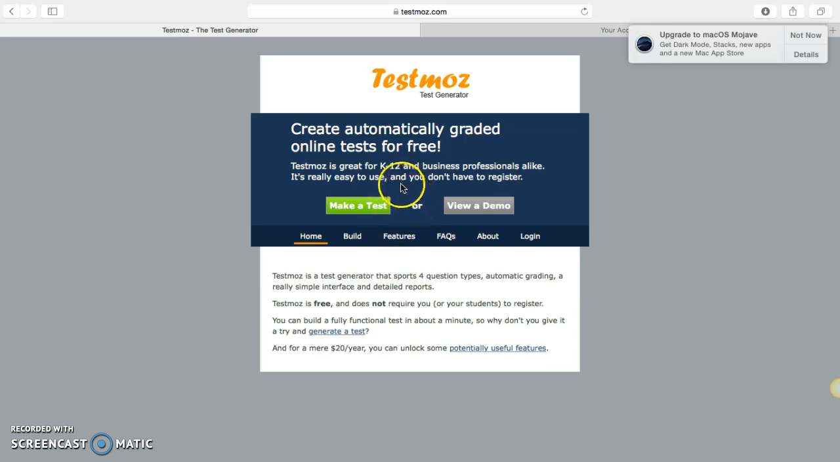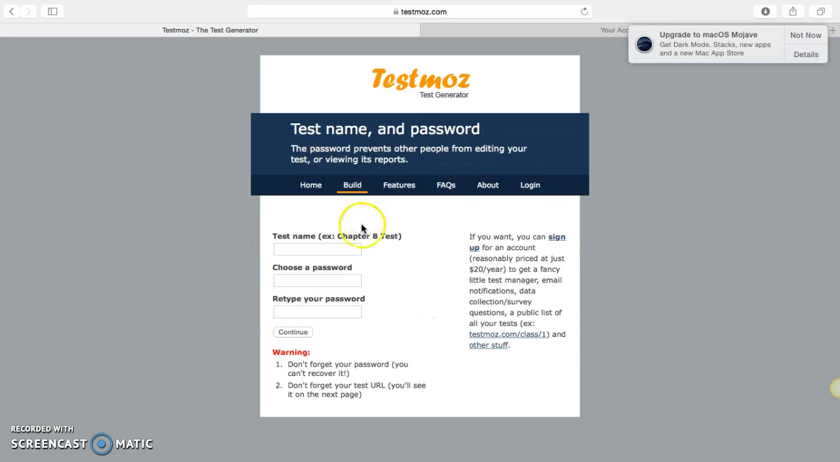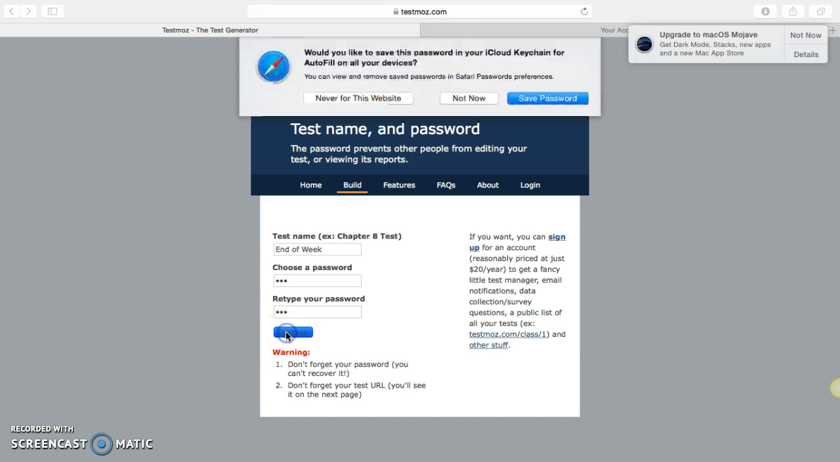Now, many may be wondering, how do we build a test? Well, let me show you. We will go to make a test. You have to enter the test name. For example, we will enter end of week. You have to choose a password. Be sure to remember this password because if you lose the password, there is no way that you can recover it. Once we press continue,